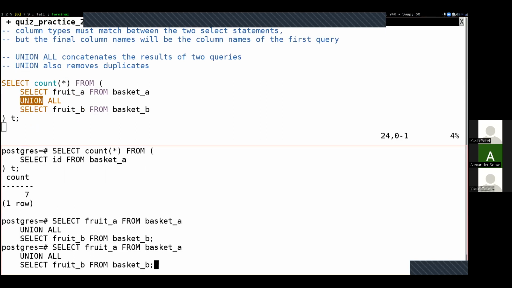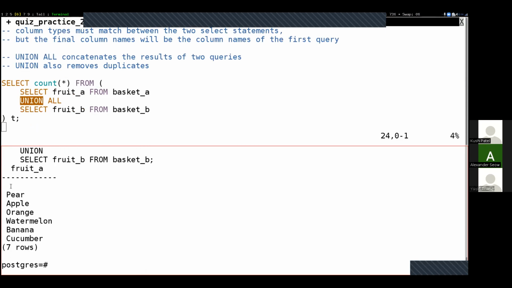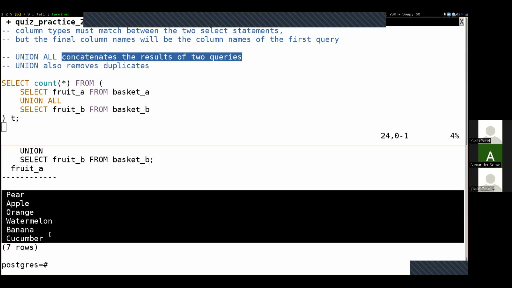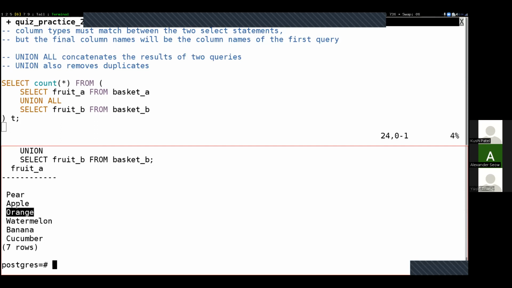If I press the up arrow and then go over and delete all, what's going to happen is that now it's the same thing. It first concatenated the results of the two queries, but then it also removed any duplicate entries. And this means duplicate entries, whether they appear in both tables or if they're duplicates just in a single one of the tables. So now we only have a single apple, a single orange, a single null value,